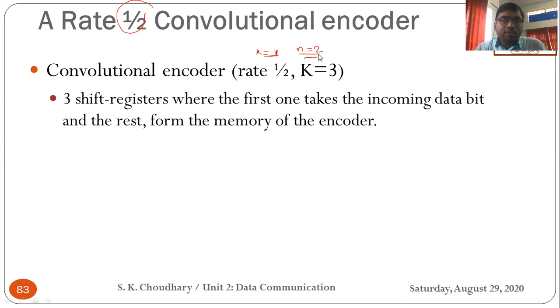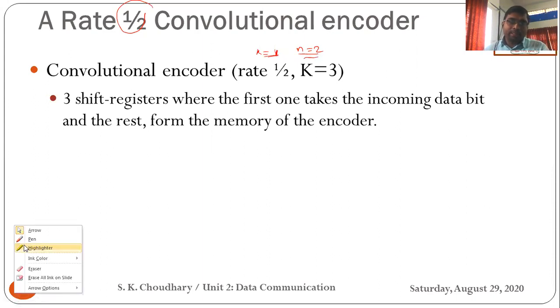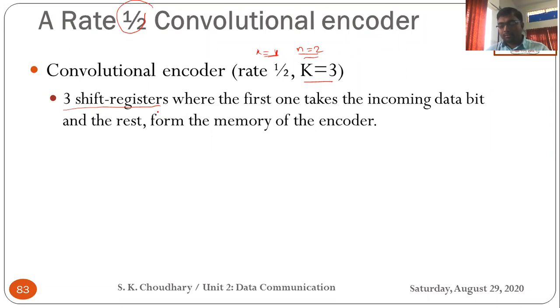So in the convolutional encoder, rate is 1/2 and constraint length is 3. Whatever example we are going to take here, the constraint length is 3. So what does it mean? Constraint length of 3 means it has 3 shift registers, where the first shift register takes the incoming data bit. It is only for receiving the incoming input sequence, and the rest of the 2 shift registers, also called the memory unit, form the